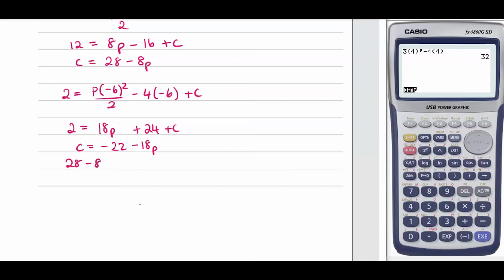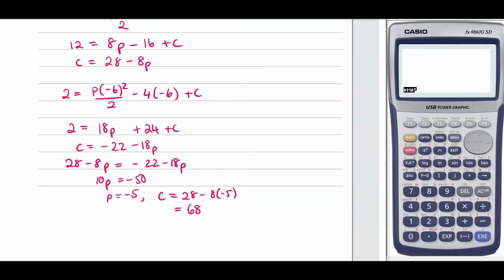So 28 minus 8p is equal to minus 22 minus 18p. You can use equation solver on your calculator if you like, but that one doesn't take too much tidying up. We get that p is minus 5, and if we put that back into one of the c values, we can work out c. So if p is minus 5, c is equal to 28 take away 8 times minus 5,